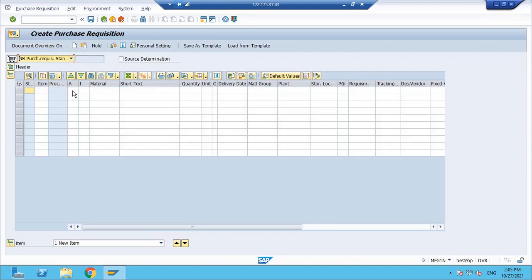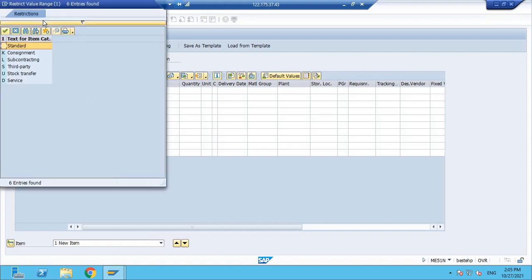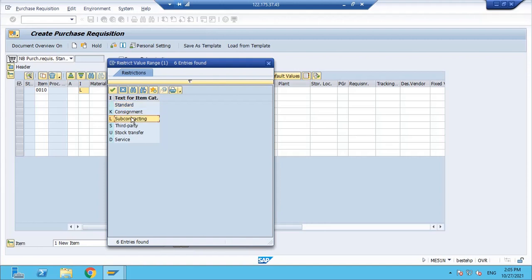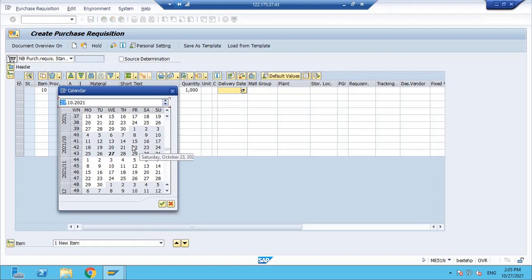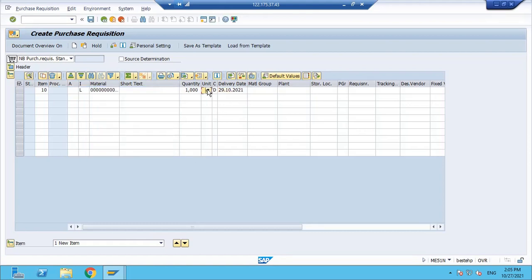ME51N, item 0010, item category is L. You might know that for subcontracting we must specify L as the item category. Material 5153, quantity 1, unit EA, delivery date, let's say 29, plant is ABC1.